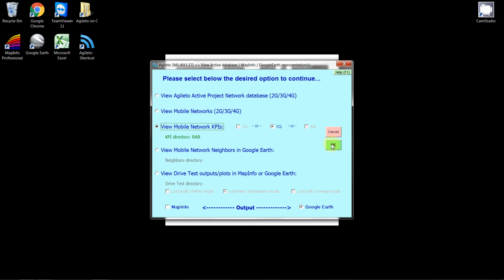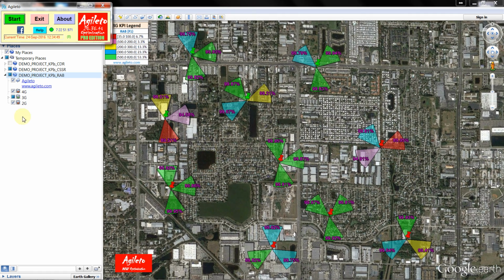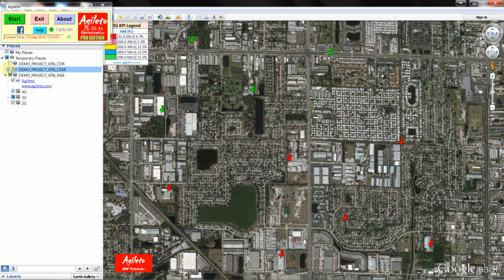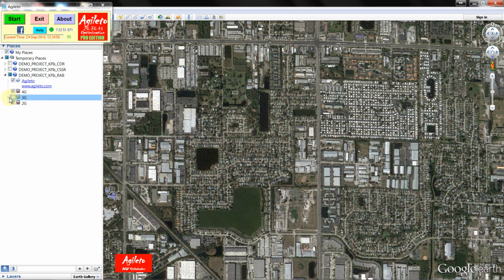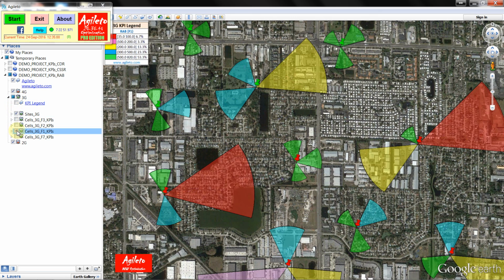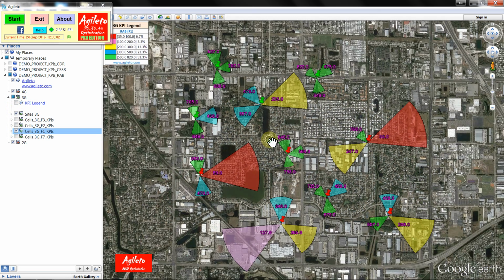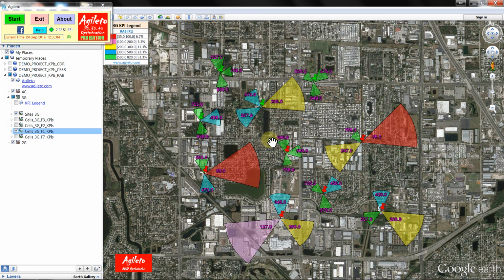And we take the radio access bearer KPI. It is available only for 3G, and we take out the other one, and let's see now. We keep this, and we keep this. Very nice picture. So we can see here in this picture, for example,